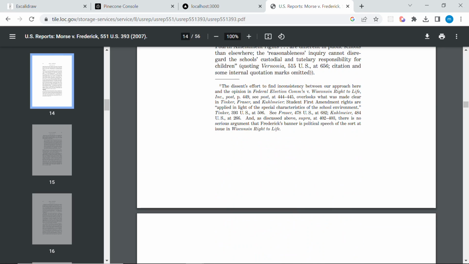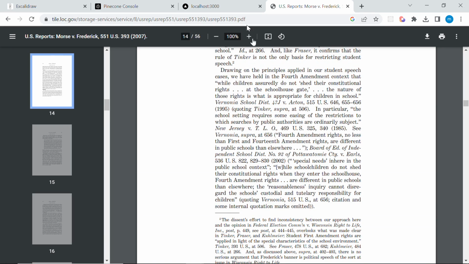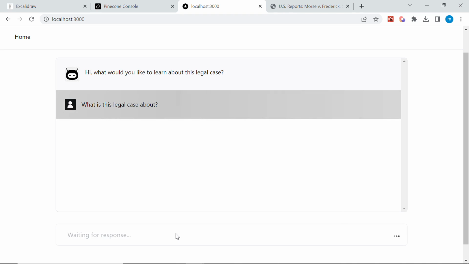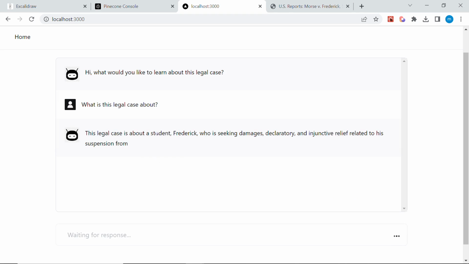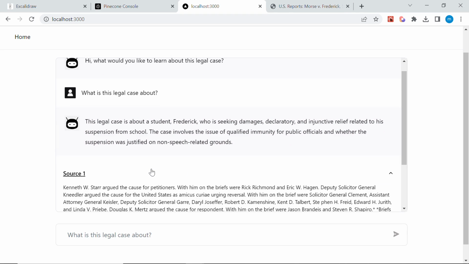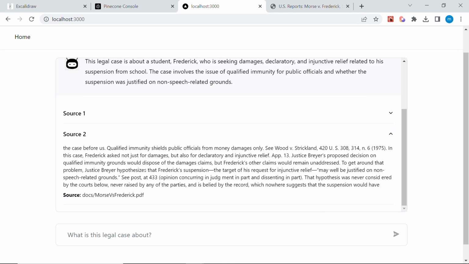So what we want to end up with is a situation where we can chat with the document. So we can say, what is this legal case about? Press enter, and hopefully we'll get a response back. This legal case is about student Frederick. Interesting. Now we also have sources referring back to the PDF, but also sections of the PDF as well that